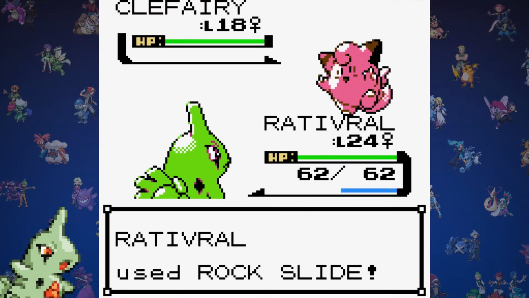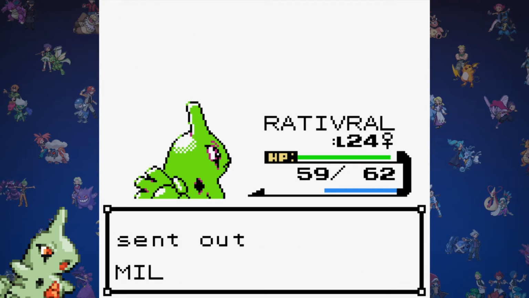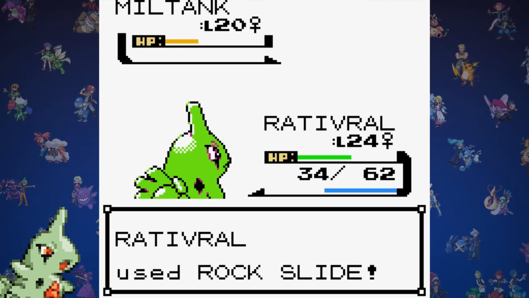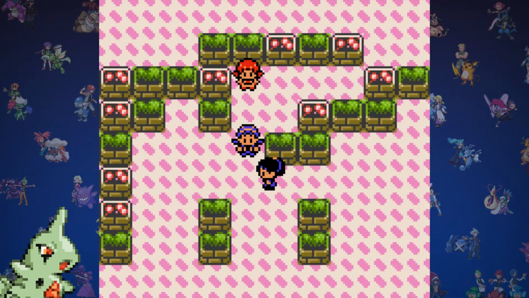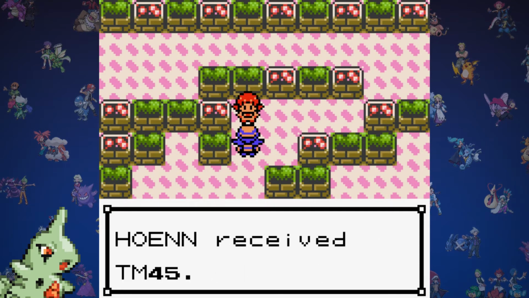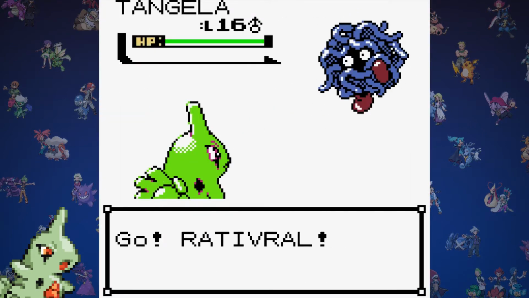Whitney is the next gym leader in the game. A couple of Bites are enough to KO Clefairy, and a few Rock Slides are enough to see off a Miltank. All in all, it was a really simple battle. With that done, we claim the badge, she's crying. Feeling salty there, Whitney? Knowing another rival battle is coming up, I battle every trainer on the way to Mahogany Town,